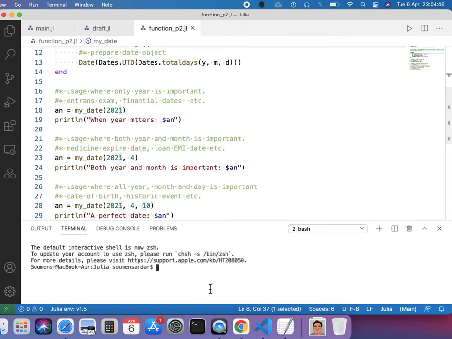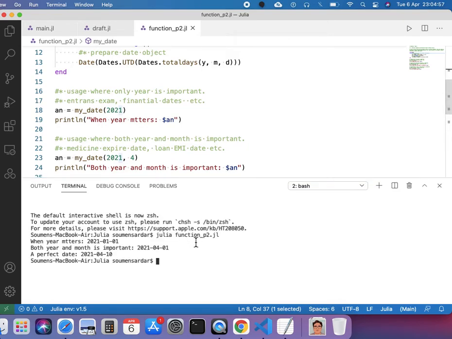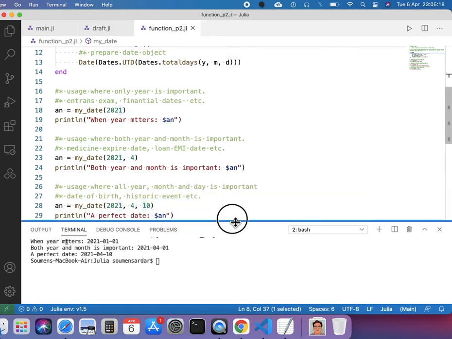And now let's run the program. Yeah, so as you can see, sorry for the spelling mistake, when year matters, when year and month are important, and when everything is important. Now I'll